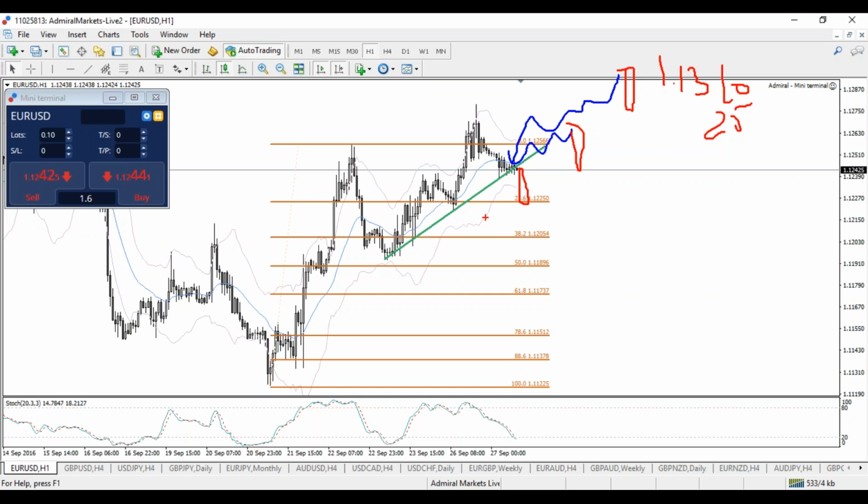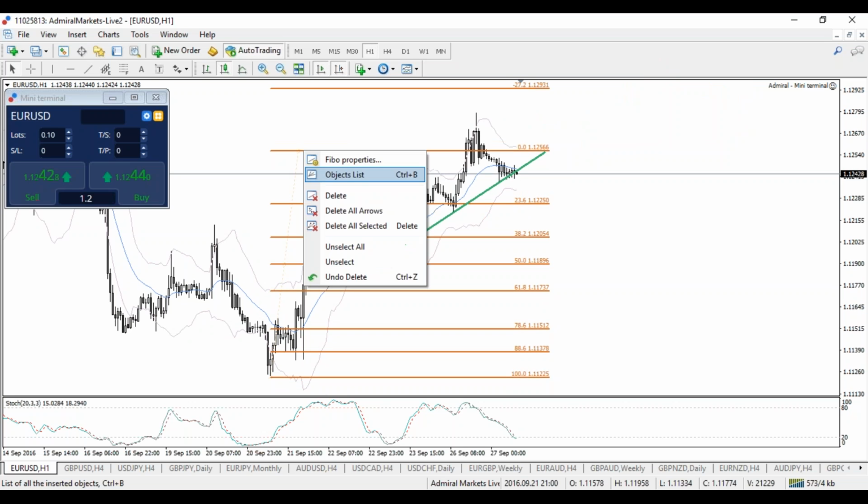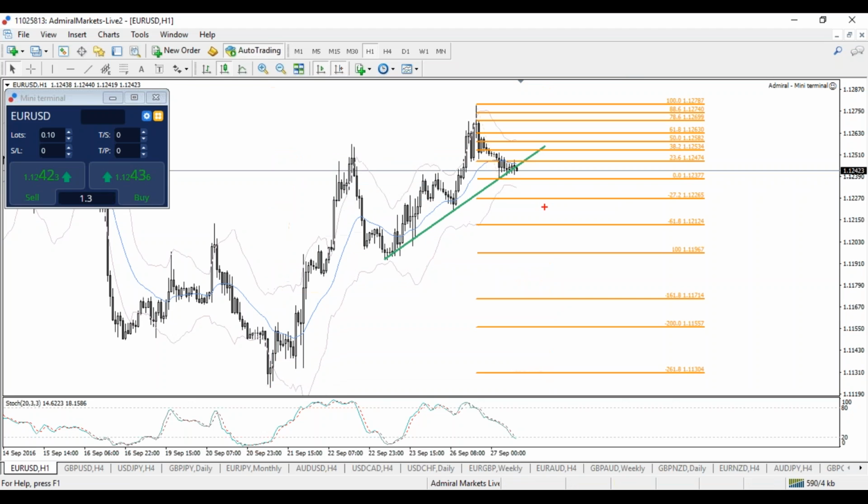And if it does break to the downside, then I would put a fib from here to here probably, and start to look for the breakout here. I would start to look for smaller patterns. If it breaks right now, I'll probably look at the 5-minute chart,